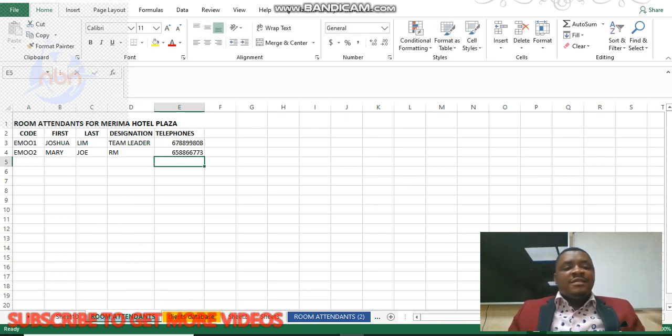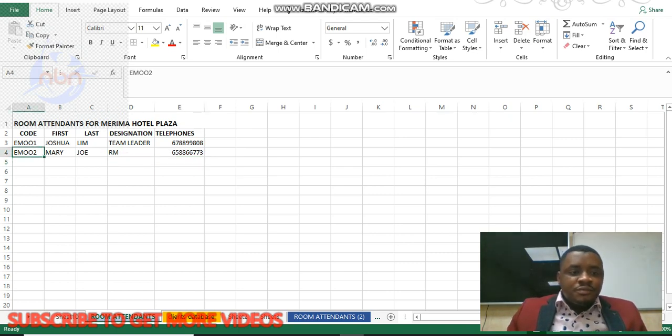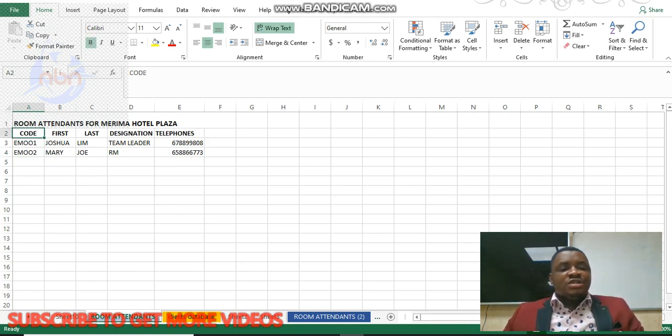So this is how you arrange your table. Now the table has been formed and you can continuously put in your information. Now on the table there are different actions that can be performed, and these actions